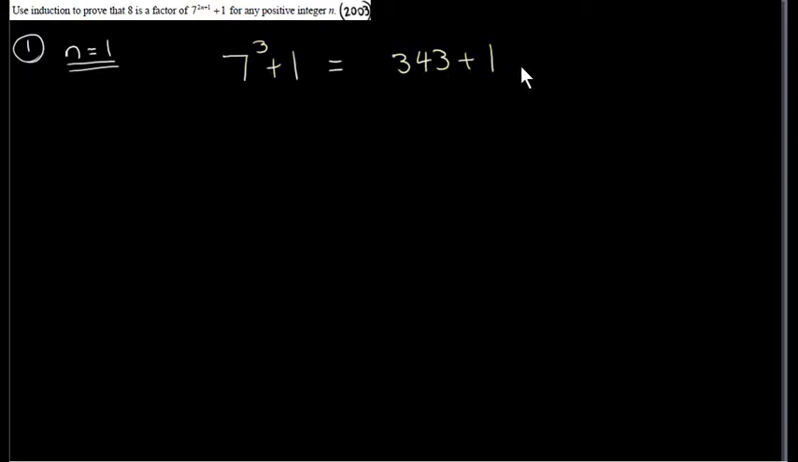So that's 343 plus 1, which is 344. If we take 344 and divide it by 8, we get 8 4s are 32 and 2 over 3 8s are 24. We get no remainder. We get an integer. We get 43. So that proves that 8 is a factor of 7 to the power of 2n plus 1 when n is